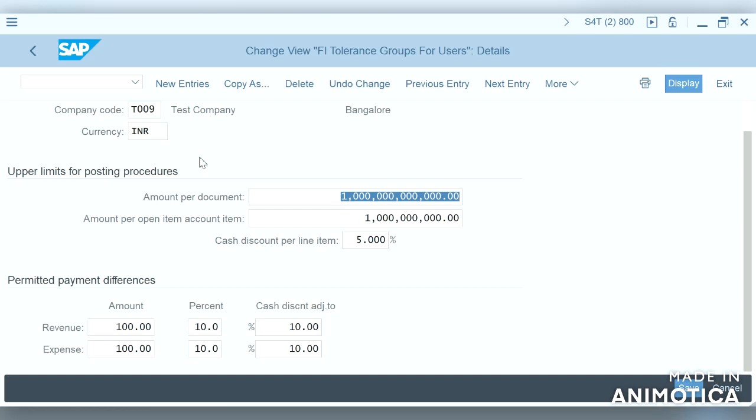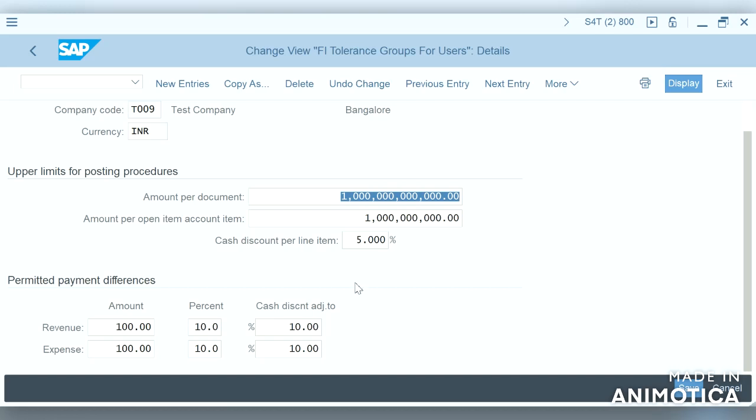And tolerance groups can be defined globally for every company code or per group of employees. The tolerance groups can be predefined limits in amounts or percentages through which usually receivables might be underpaid or overpaid.